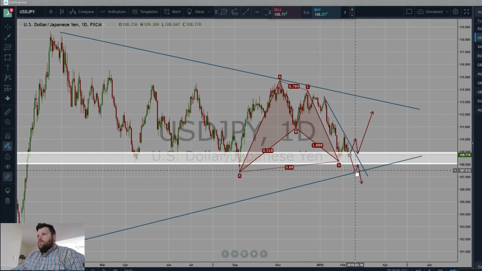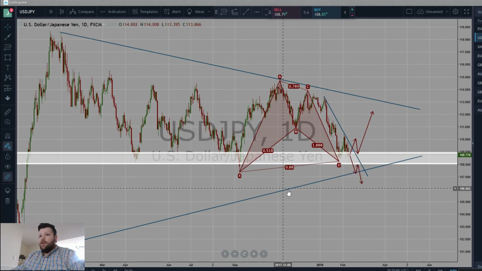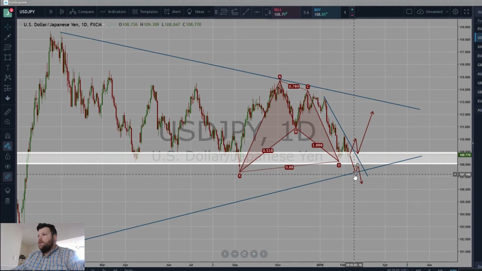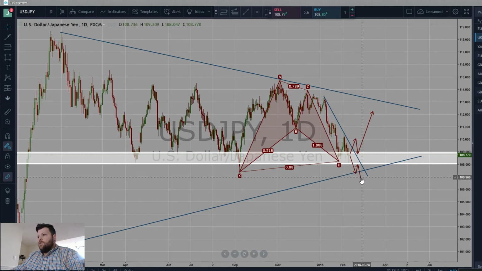However, being reactionary traders, if we do see it break below this zone and retest the zone and then again break below this trend line, that is a good indication that it is going to go bearish, and so you just have to react to what you see. But I do expect this to go bullish, to break this trend line that is drawn right here and continue